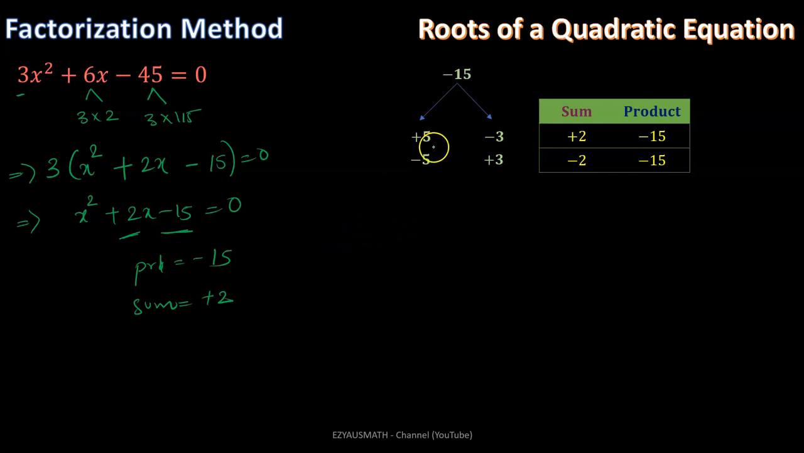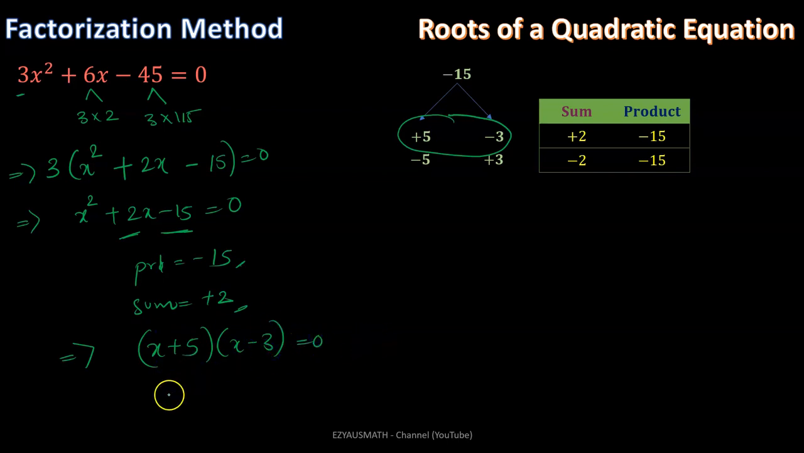If you add plus 5 and minus 3, the sum is 2. But if you add minus 5 and plus 3, the sum is minus 2. Therefore, this will be the pair which will give you the product minus 15 and sum plus 2. Therefore, we can write it as x plus 5 into x minus 3 is equal to 0. Therefore, we can write x plus 5 is equal to 0 or x minus 3 is equal to 0, or